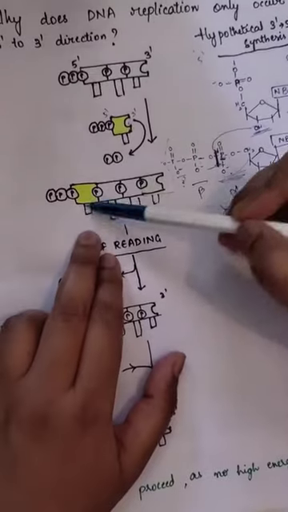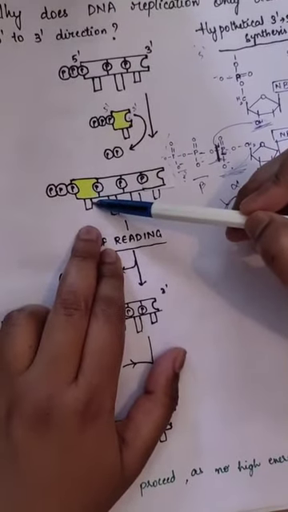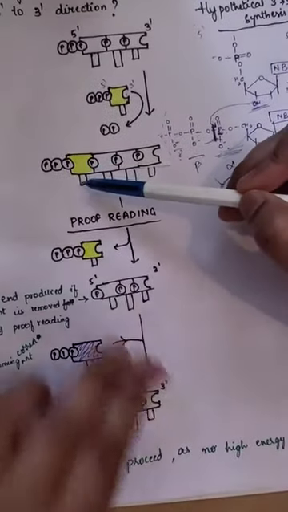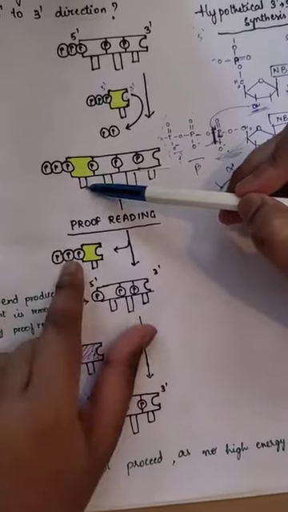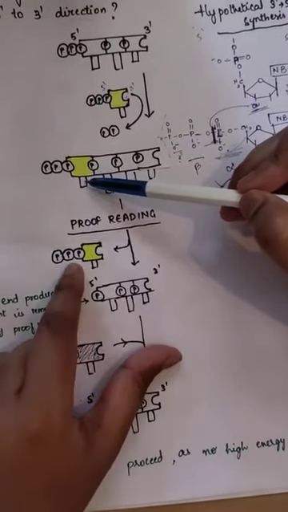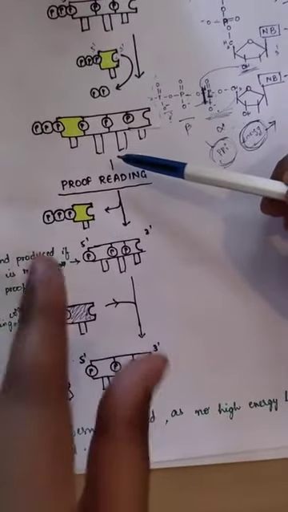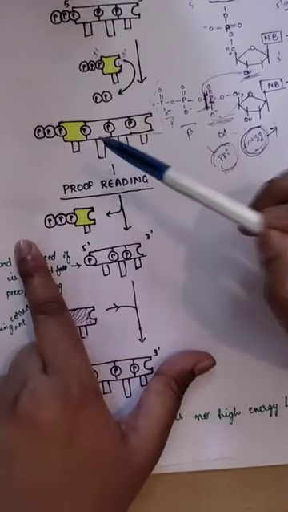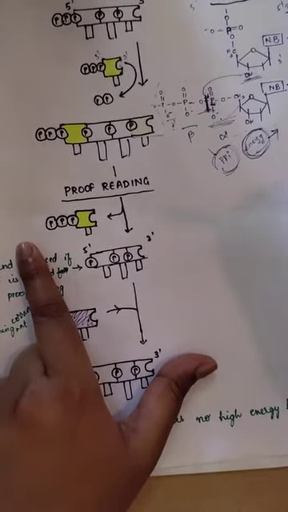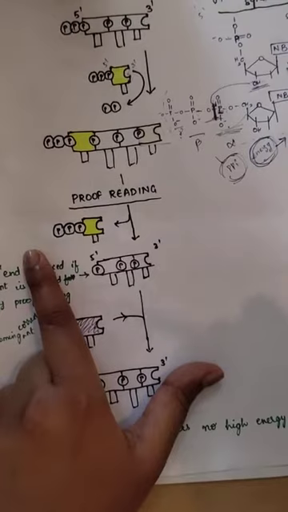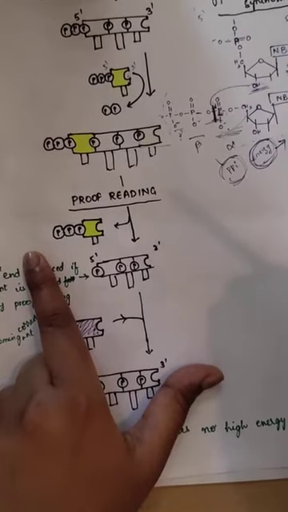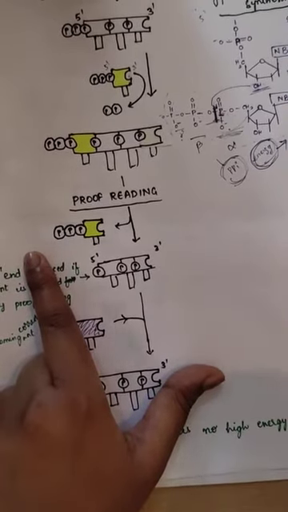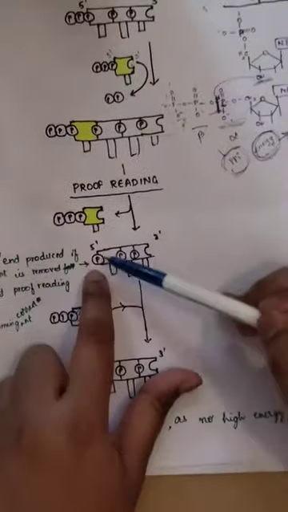But what if the recently incorporated nucleotide is the wrong one? If the recently incorporated nucleotide is the wrong one, this should be removed. So the DNA pol removes the recently incorporated wrong nucleotide. After removing, the previous nucleotide doesn't have the triphosphate anymore, because in the previous round of replication, the beta and gamma phosphates were released in the form of pyrophosphate. There is no more triphosphate. It is only a monophosphate chain.